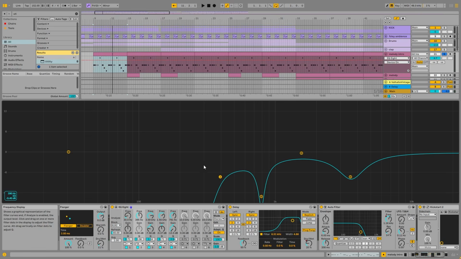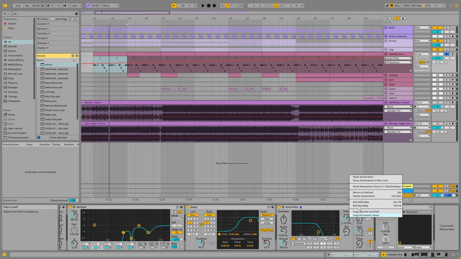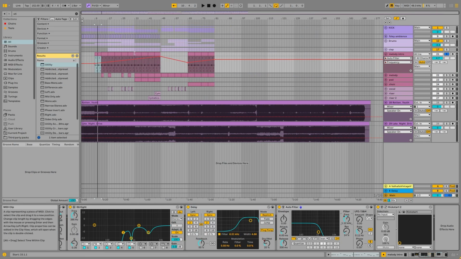Here I don't want the low mids because I also have the bass, which takes a lot of space, and it's going to be muddy if I keep it. Just adding a bit more room with the delay. It feels more lively. And then I'm going to bring in this melody slowly with that auto filter